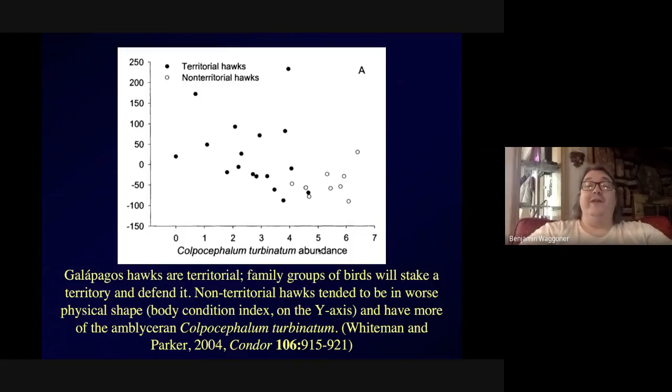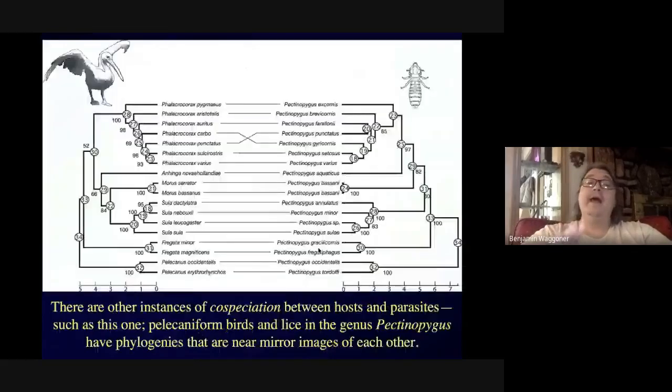But you can see at the very least there's a correlation between lifestyle, territorial or not, physical condition, and abundance of parasites. Even if I don't remember off the bat which way the causality is supposed to work. Anyway,